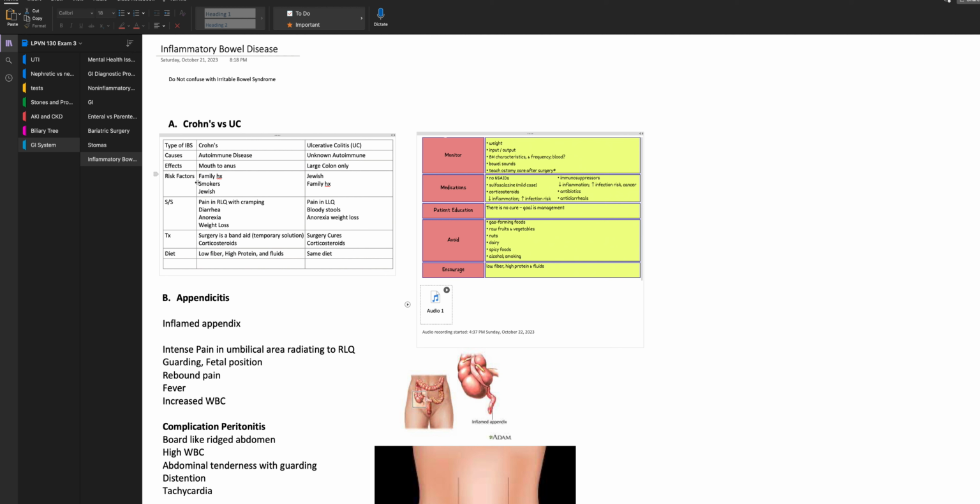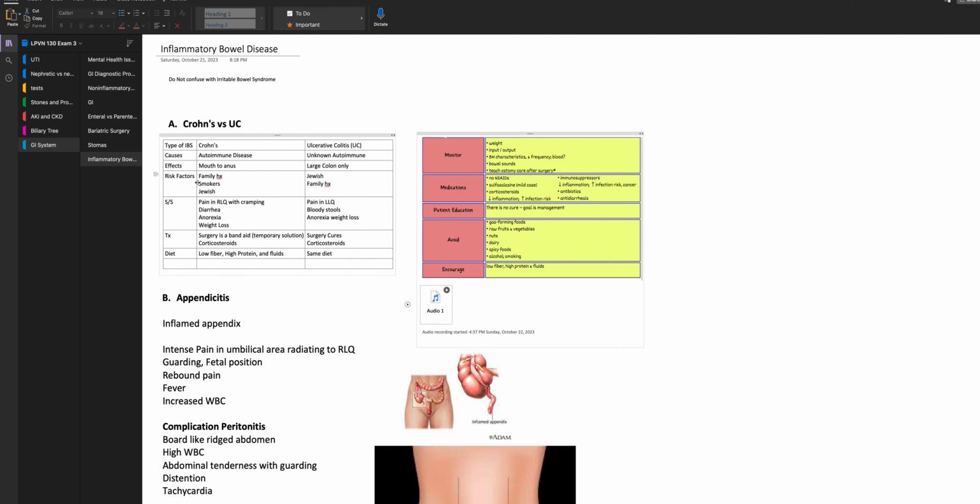They have the same risk factors like smoking, family history, and Jewish people. With Crohn's, they're going to have pain in the right lower quadrant or cramping, diarrhea, anorexia, and weight loss. Whereas with ulcerative colitis, they're going to have pain in the left lower quadrant, bloody stools, anorexia,